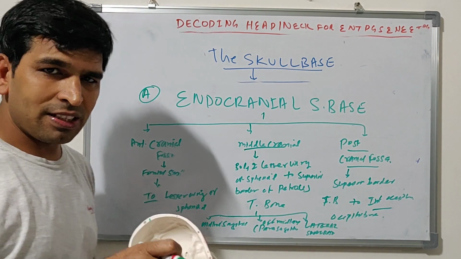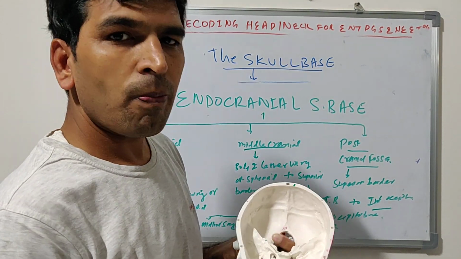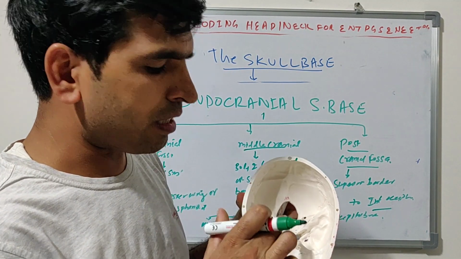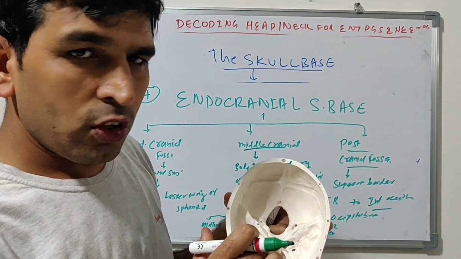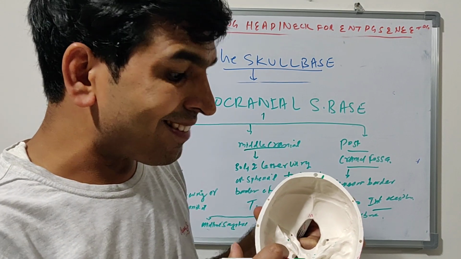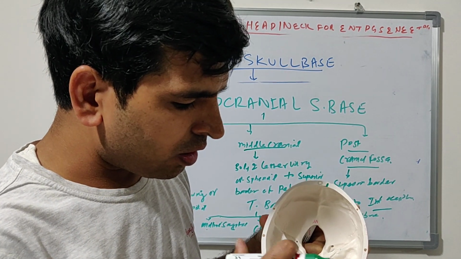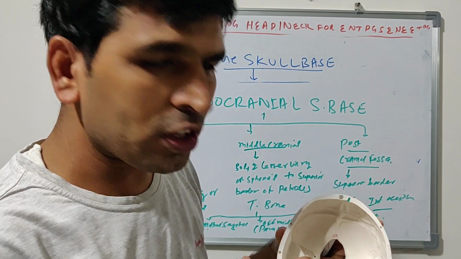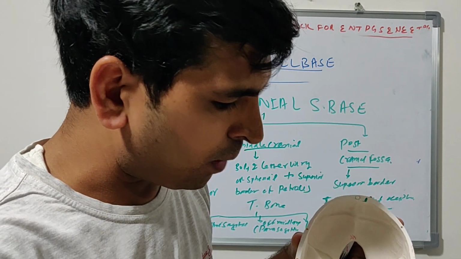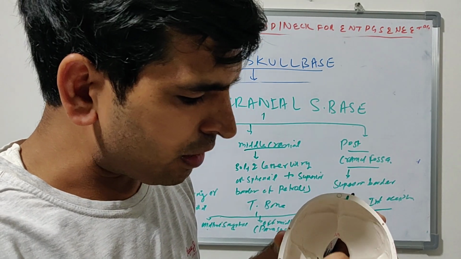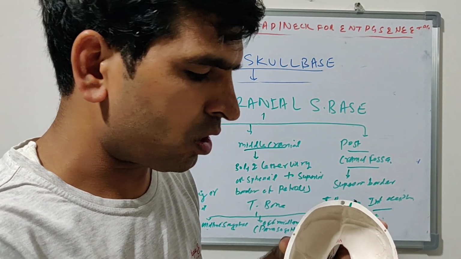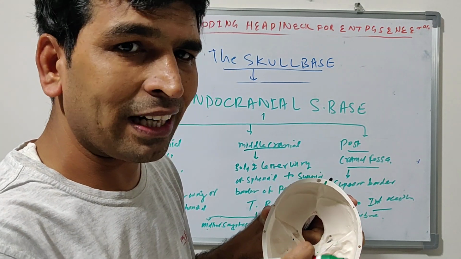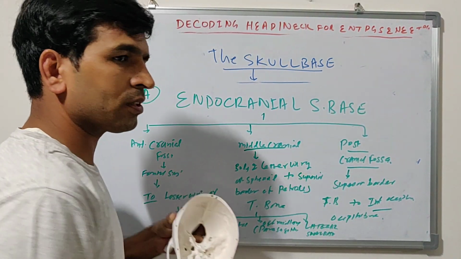Surgically, if you are approaching through the endonasal approach, you will reach the pituitary fossa in the middle cranial fossa. This approach is called the midline sagittal approach. If you are approaching the cavernous sinus, foramen ovale or foramen lacerum, this approach is called the parasagittal, or off midline sagittal approach. If you are approaching lateral to this, it is called the lateral skull base.